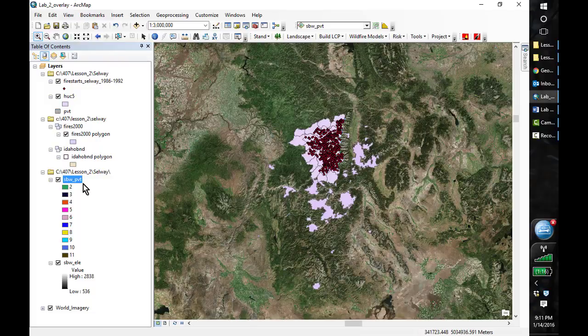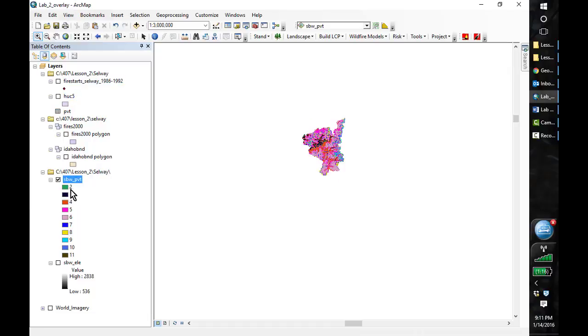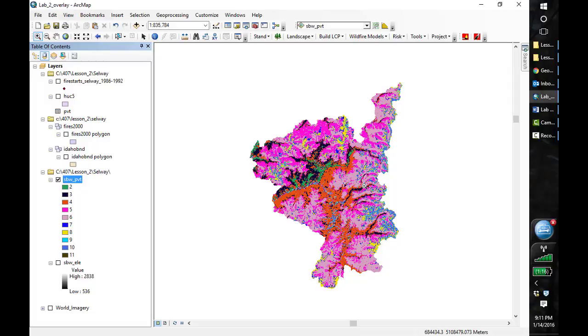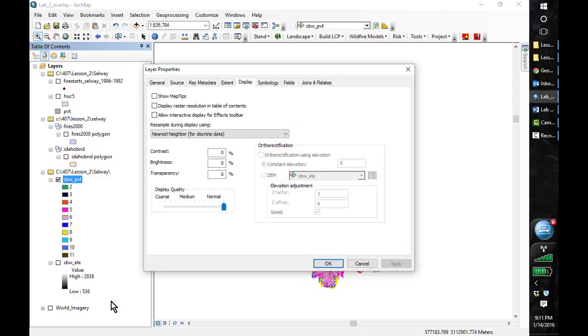Now we'd like to display our potential vegetation type area so that we can see what that looks like across the image. So I'm going to remove some of these layers or turn them off for now and just get a good look at what we're currently working with. So I'm going to right click, zoom to layer. So right now we have some color schemes that don't make a lot of sense in terms of what they represent on the ground. And so right clicking, going to properties, and selecting in